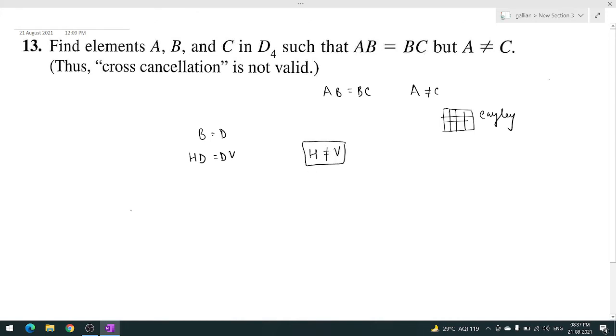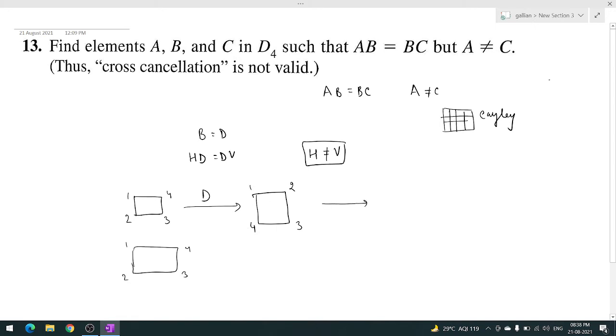Okay, you find because what happens? In D4 it is written 1, 2, 3 and 4. So we will be going through two ways. Now in the first we have to do HD. So first of all we will do D. For HD, we have to fix the D and switch it. So it's 2, 4, 3 and 1. And then we have to do H. Ultimately H is just horizontal flipping. So when we flip horizontally, it's 1, 2, 3 and 4.